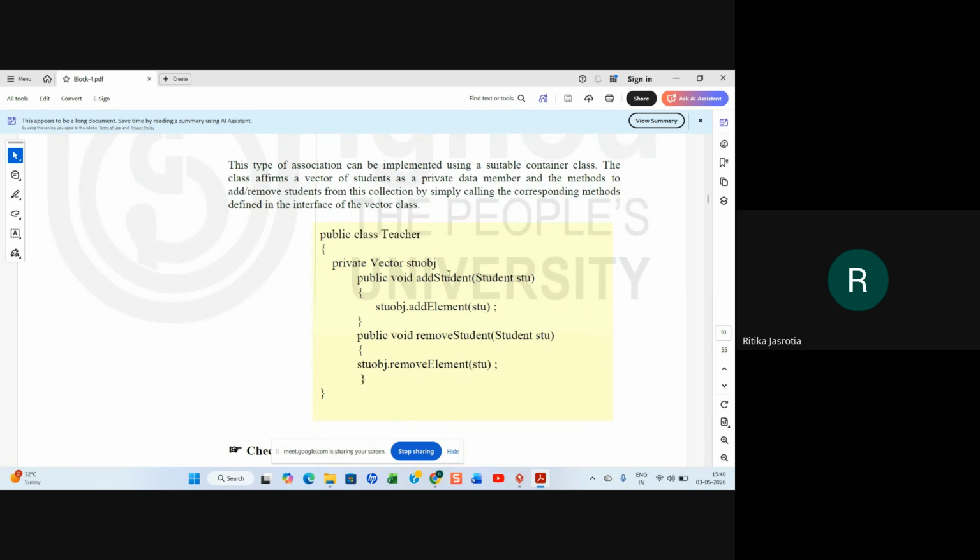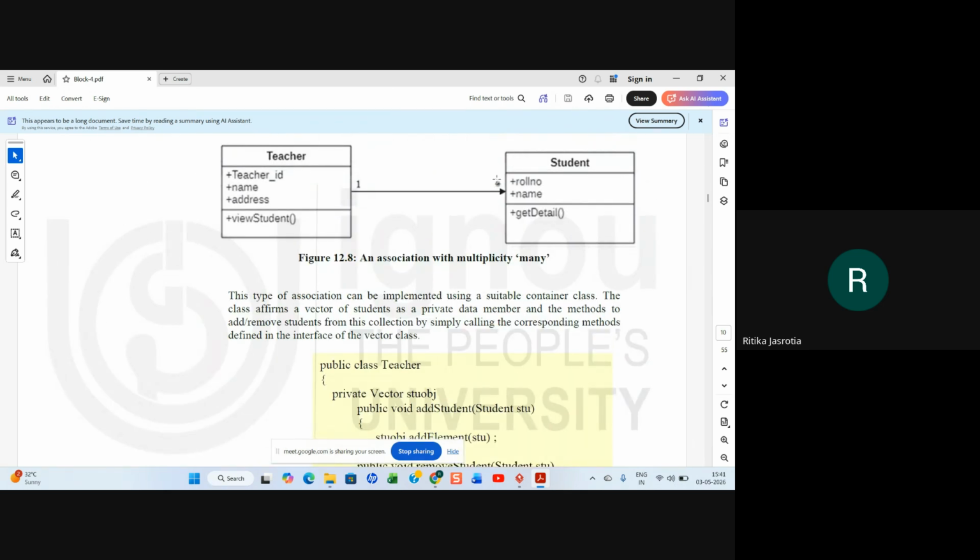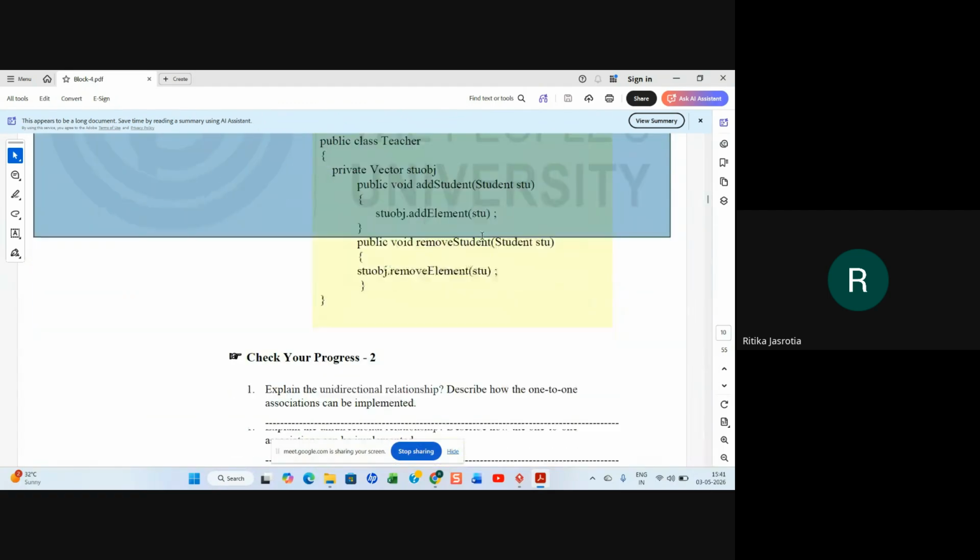So here you are using a vector of Student objects, vector because there are many students. You are creating the vector of students, and you can add a student or remove a student according to the vector of Student objects which you have created. That is what they are talking about, if you have many, right?